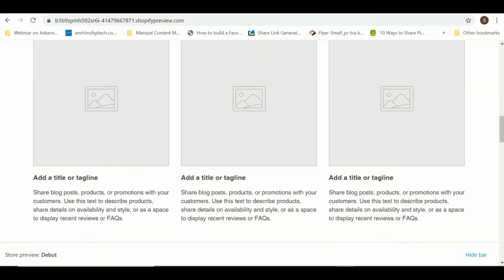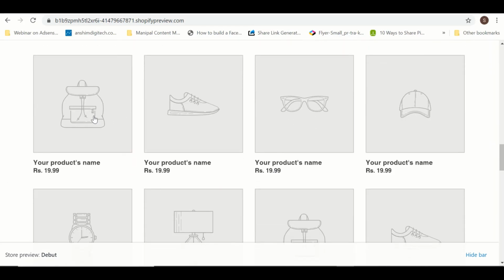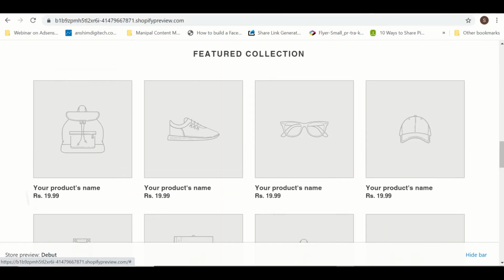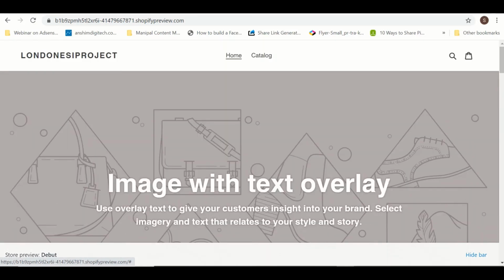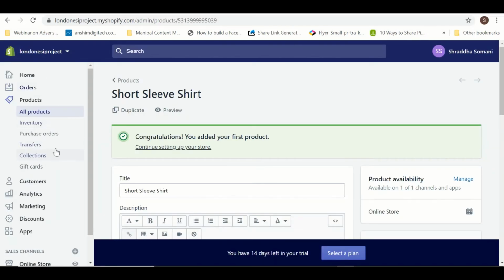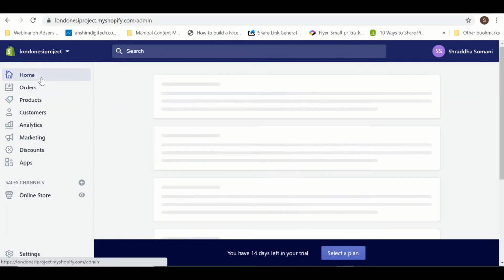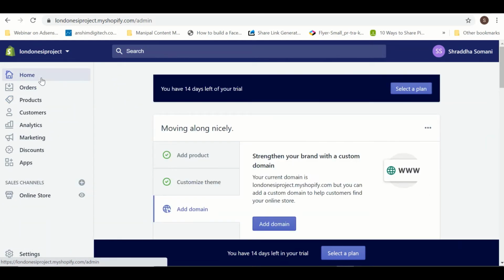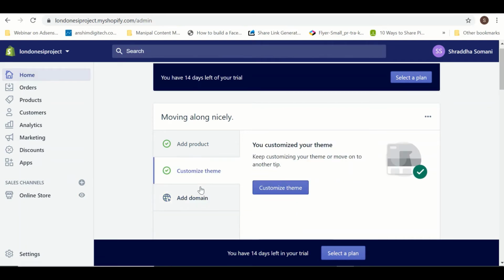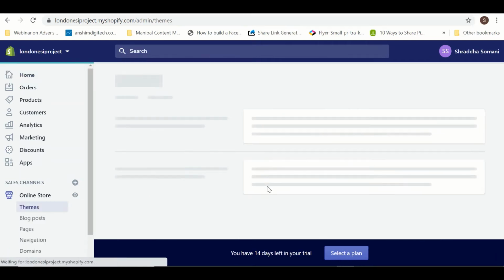You can again view your home page, and you can again upload the images that you want. So for this, again, what you need to do is you need to customize your store, right? So this is a home page. In the home page, you need to customize your theme.